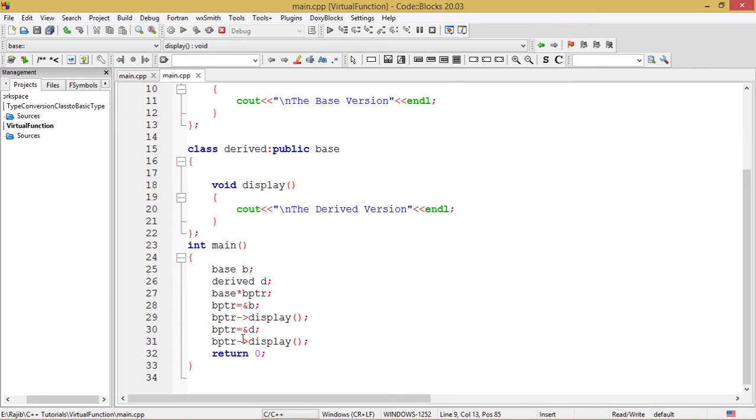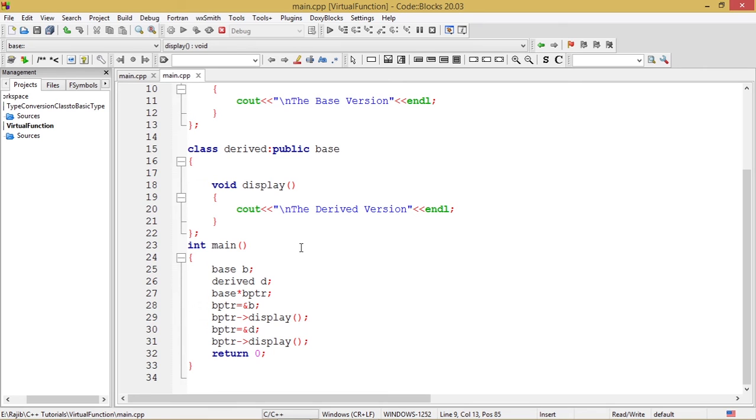After that, when we assign the address of the derived class object d to the same base pointer bptr and invoke bptr->display, then the display function associated with the derived class will be invoked.